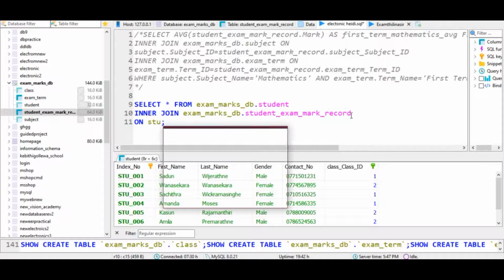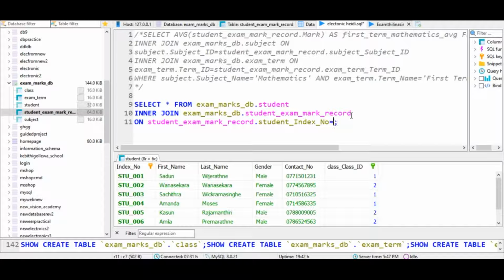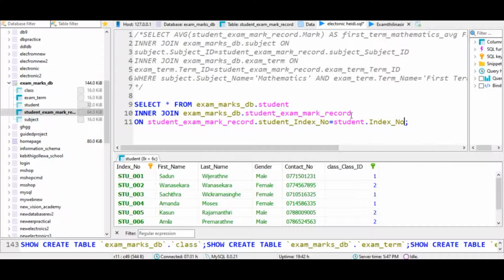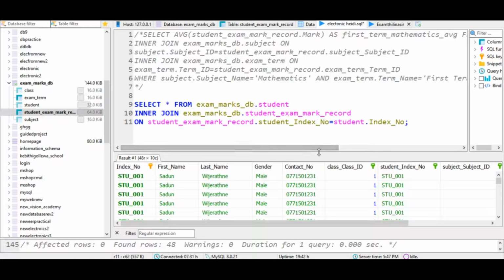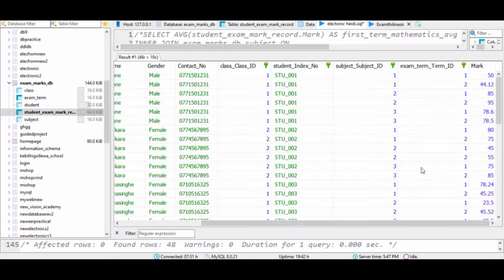So student exam mark record table's student index number is going to be matched with the student table's index number, like this. And now you'll be able to see the student table as well as the student exam mark record